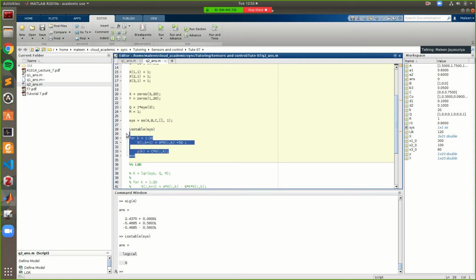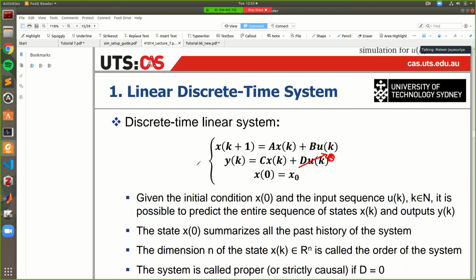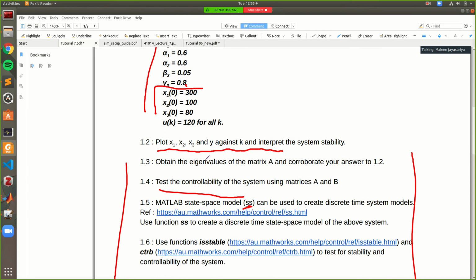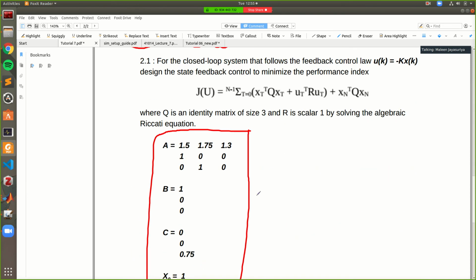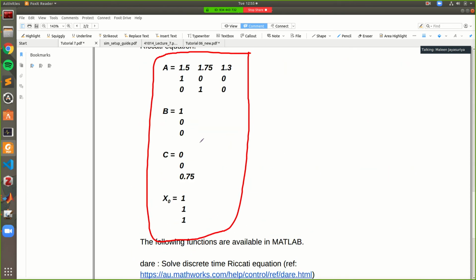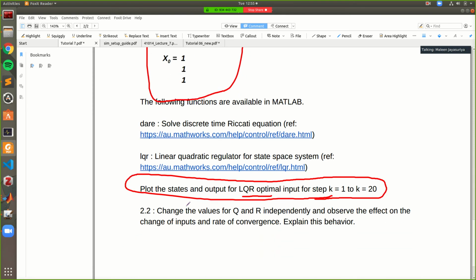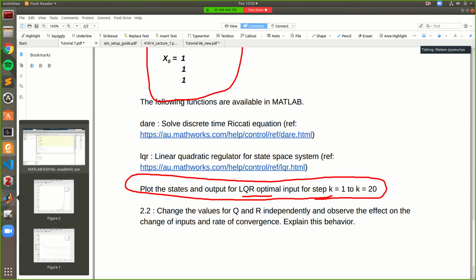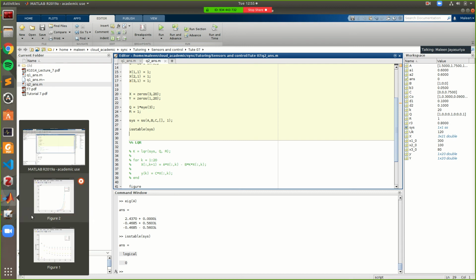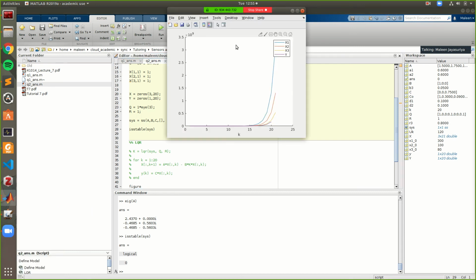So the open loop system described in question 2, these parameters give us an unstable system. So we're going to use LQR and find the optimal poles that we can place this at so that it will become stable. So this is what it looks like in an unstable state.